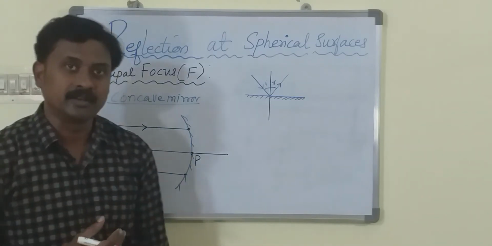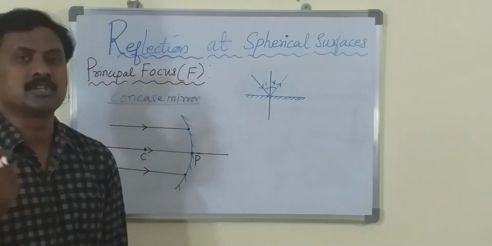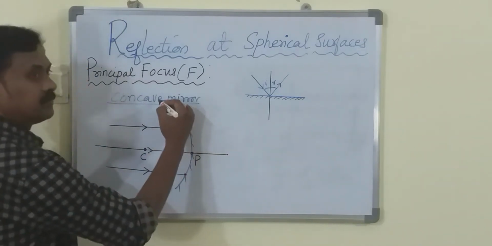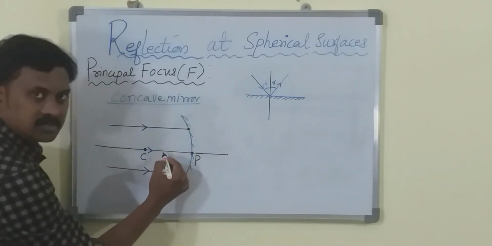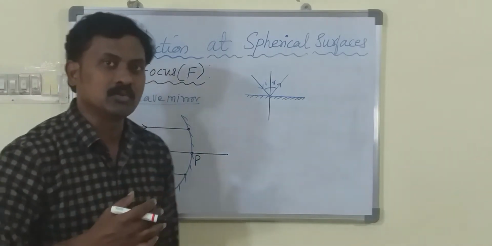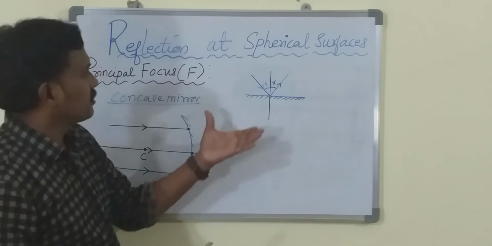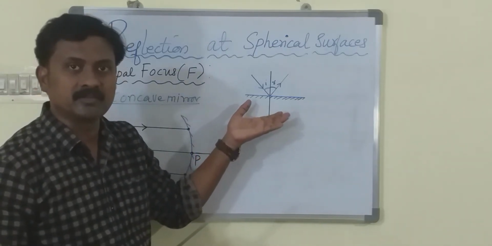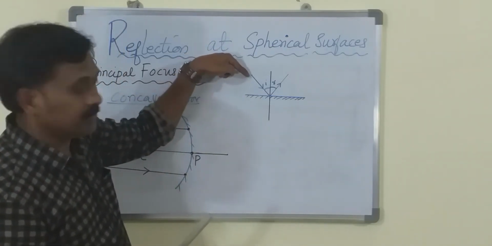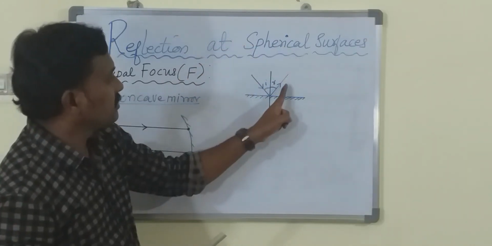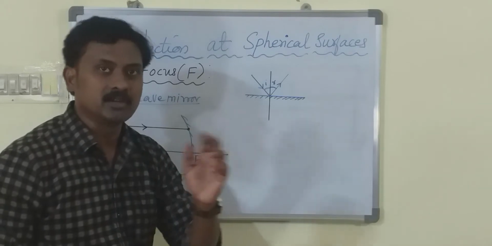Now how to get the reflected light rays? Some of the students will get a doubt, that is whether the light ray is reflected upwards or whether the light ray is reflected downwards. So for that we must know first how to draw the normals. If you look at the diagram here, we already know this is the reflection in case of the plane mirror. This is the incident ray, this is a normal, and this is a reflected ray. So always the incident ray and the reflected ray are on either side of a normal.